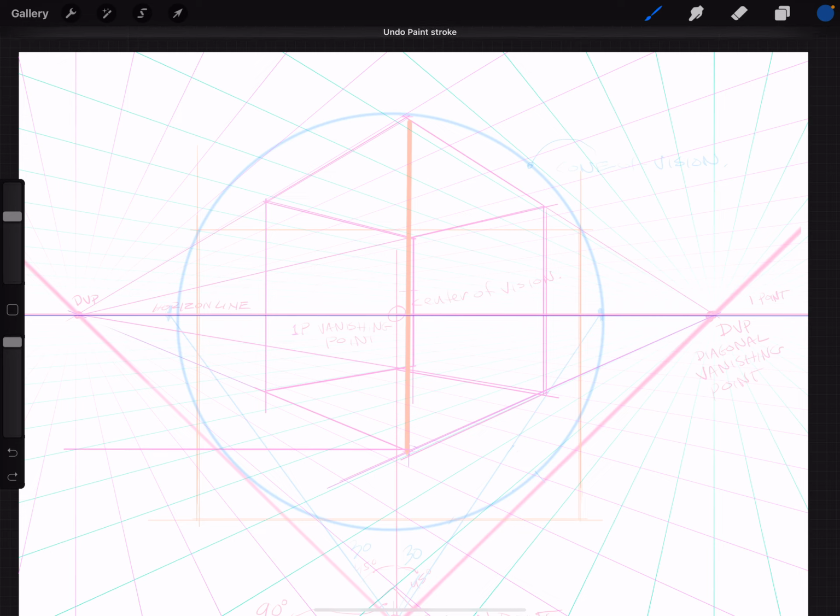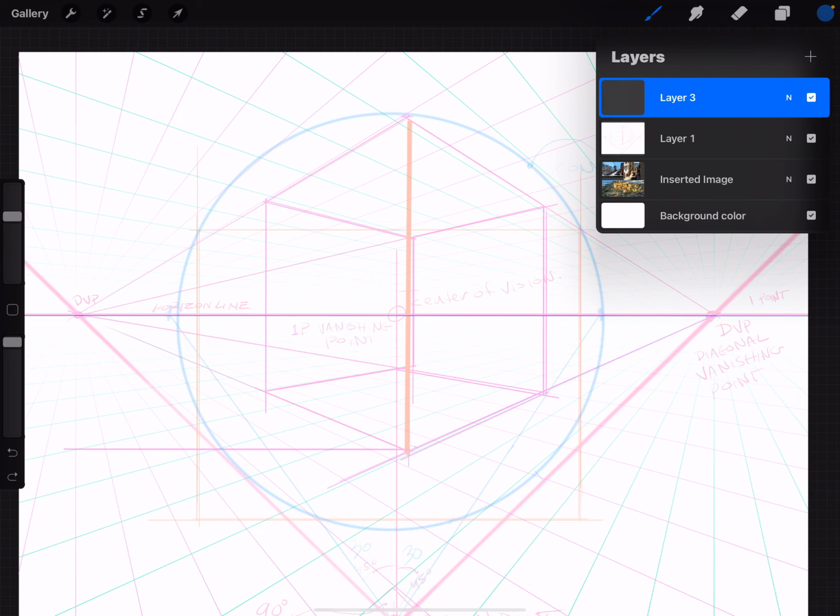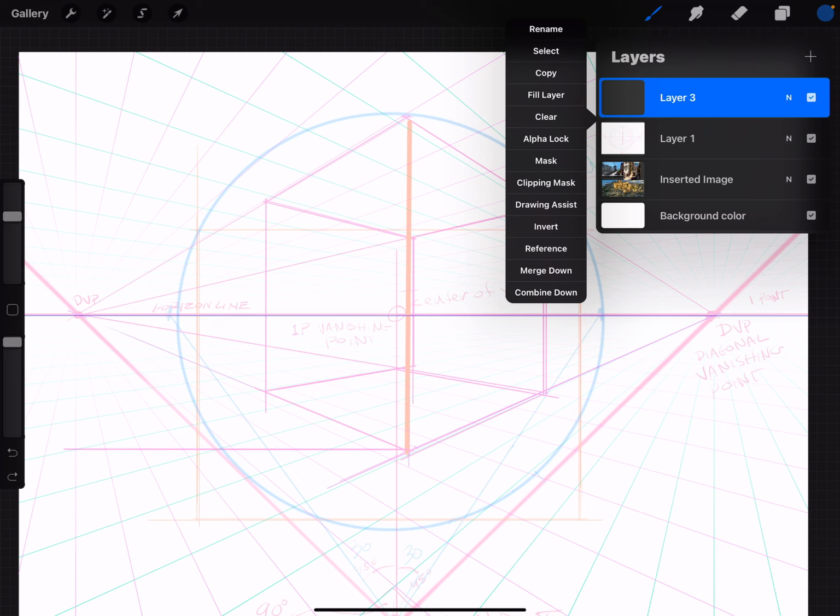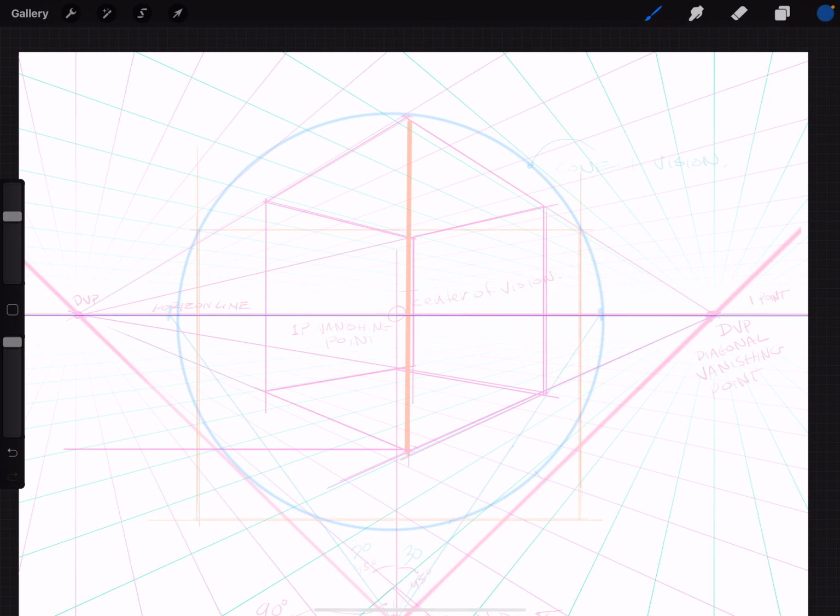And then one last step, we have to make sure that we turn on drawing assist. So we tap on that layer, drawing assist. If you're using a ruler or whatever, drawing by paper, just make sure you're always starting at those vanishing points and then moving over. All right, so the first step is, I'm going to use a kind of thinner pencil because this is going to get pretty busy in here. So first step is I'm just kind of re-inking this cube just so I have the,